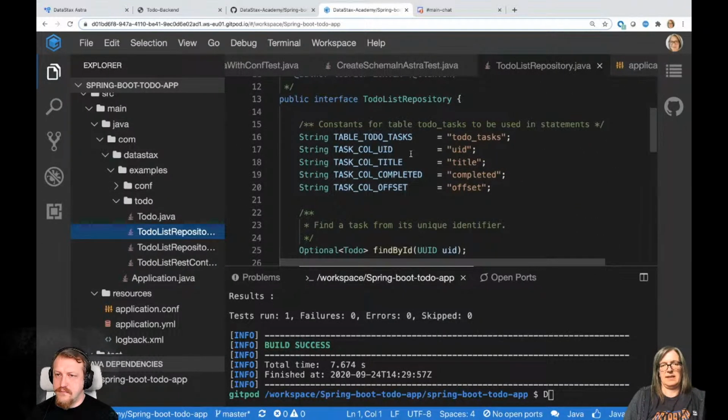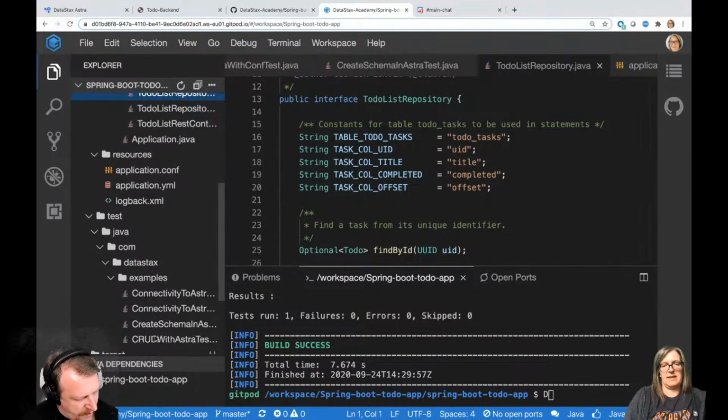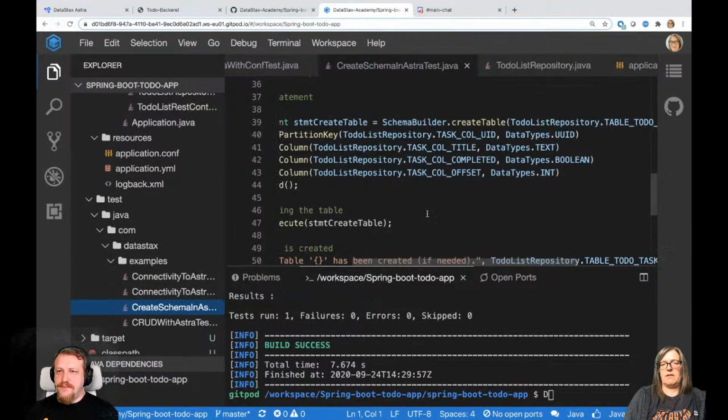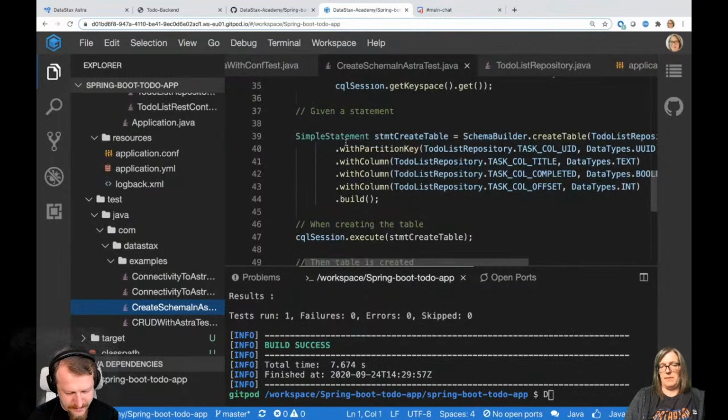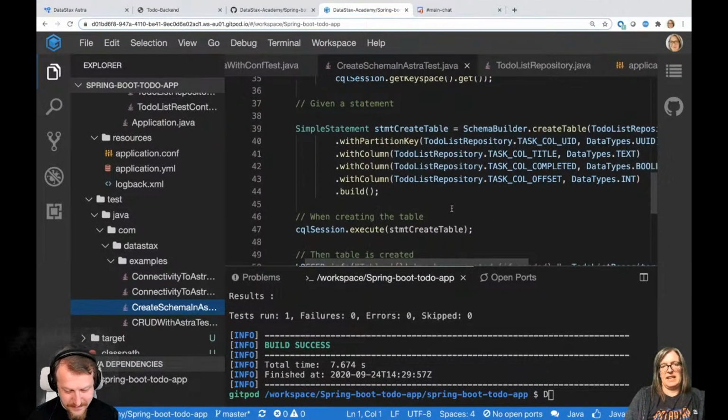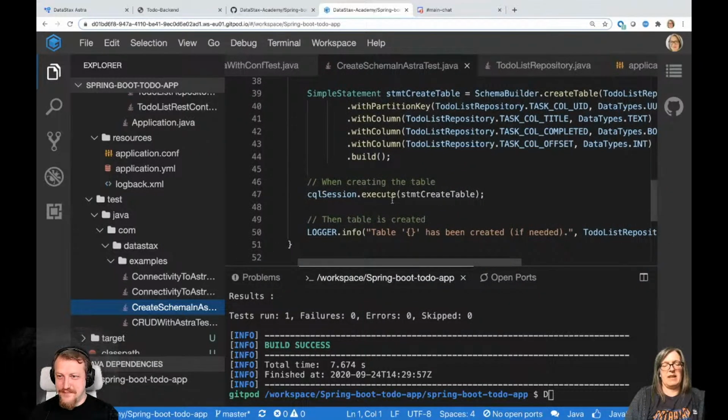So this is the table to-do tasks and the different columns, right? In our test, we take that in order to construct our table name, our partition key, our columns, etc. This is basically built as a simple statement, just using a driver method, the schema builder, to build it. And then we're just executing this statement that we created with this builder with the session.